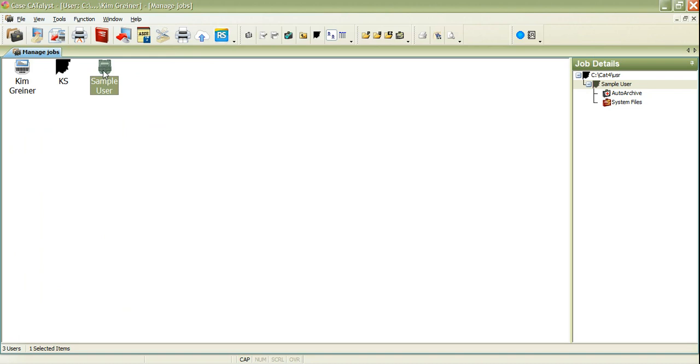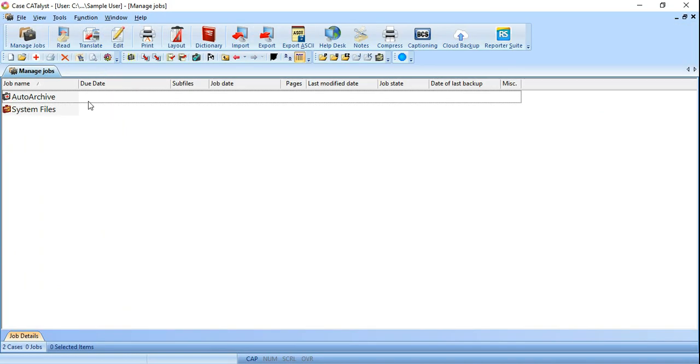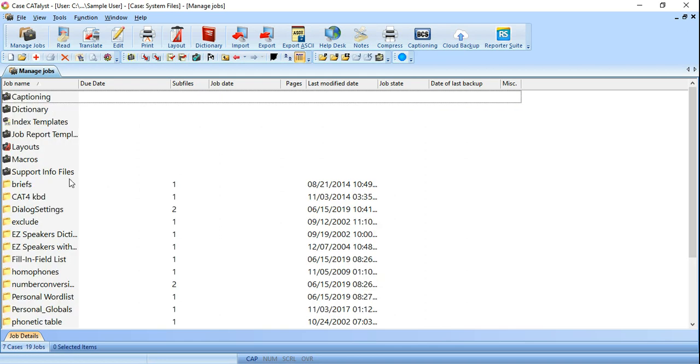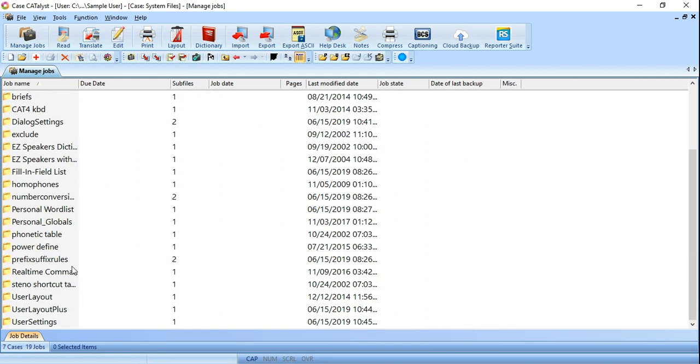I called mine sample user. And what this does is it creates all those default files that Stenograph places into a user to begin with. And these will be the most updated. I'm on version 20, it's the most recent release. So if we go into System Files,